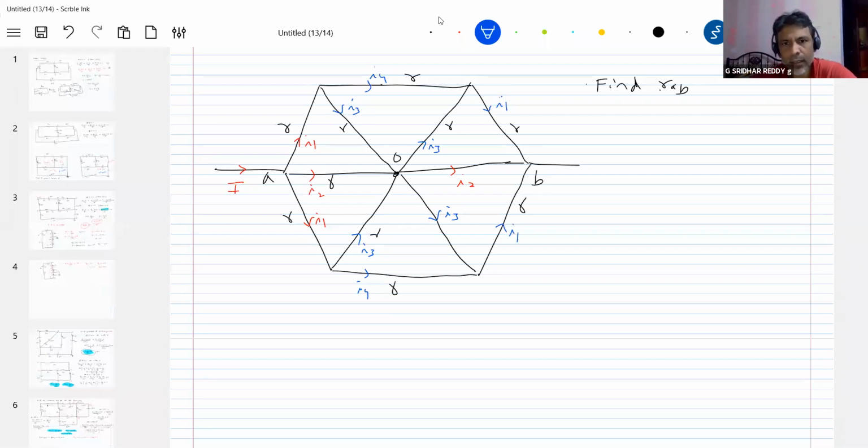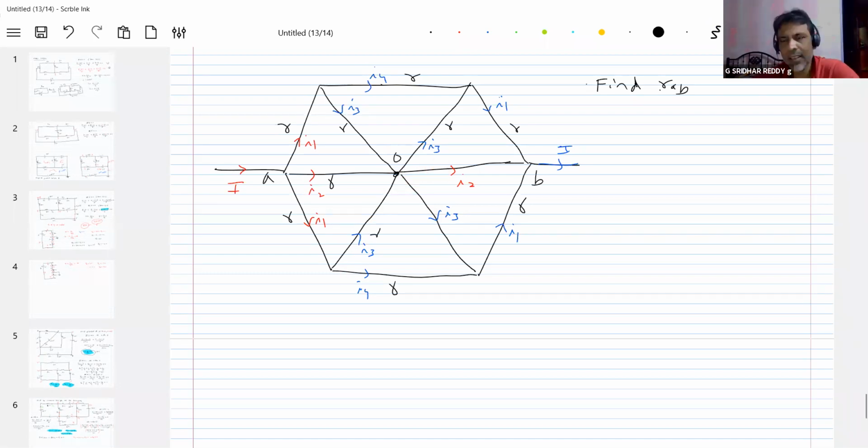And how much current finally? The same current I. You have to see that whatever current enters the network, that current should leave. In that way, the current has to be divided. Now, the very first question you can ask is, why is it not branching? It's a junction, no? Why can't this I3 branch out here?